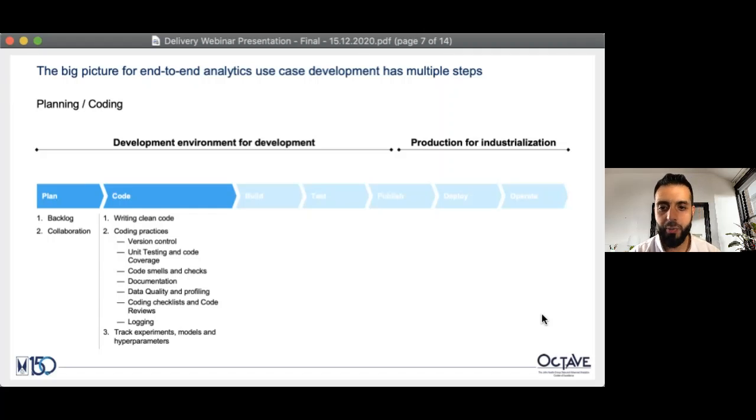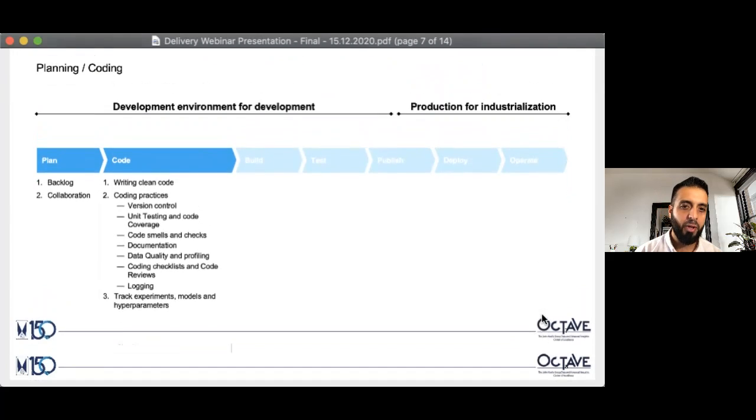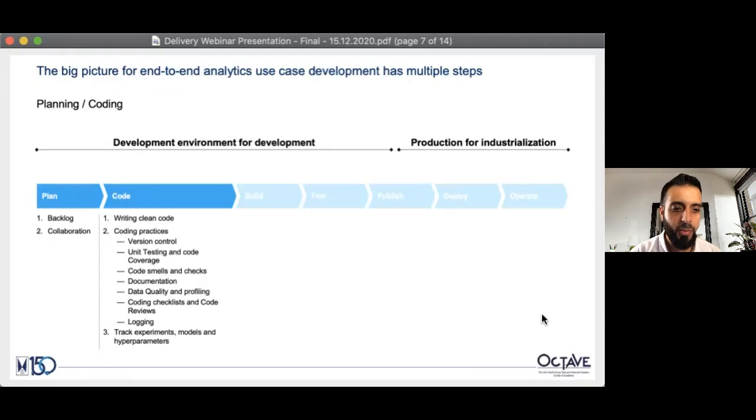There are things around code smells. What does good code look like? There are tools around this, like linting tools, maybe even code formatters, maybe even conventions that need to be there. And then there are other tools that you could use to validate this. Really what we're trying to push here is, what does good look like? What does good quality look like for an organization? And what are some of the things that we need to put in place to ensure a high level of confidence here? I'm going to pause there. I'll pass it over to Daminda.